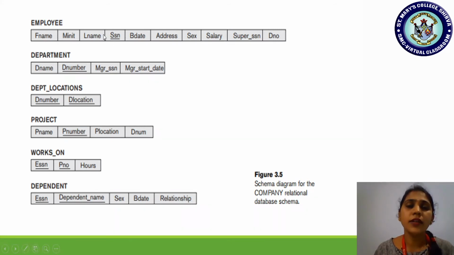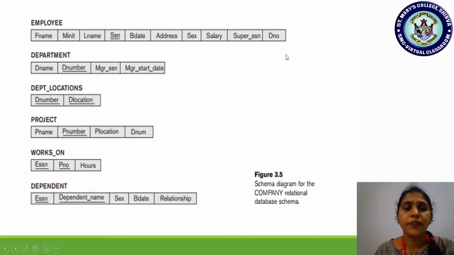So we are highlighting their relationship by including one of the relation's primary key in the other relation. Are you all understanding? If I consider employee and department, employee is relation 1, department is relation 2, then DNO is the primary key of relation 2. Did you all understand? Whereas the SSN is the primary key of relation 1.